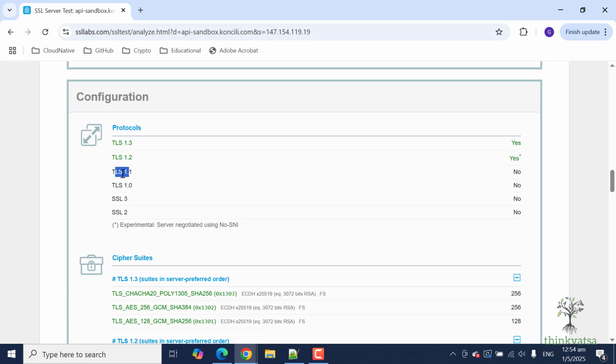So if any client wants to connect to this API sandbox domain using 1.1, they will not be able to connect, and you will get a protocol mismatch error. This is a very important error to note, because when you encounter this kind of error, it's very difficult to understand where to look. But this tool is actually useful,